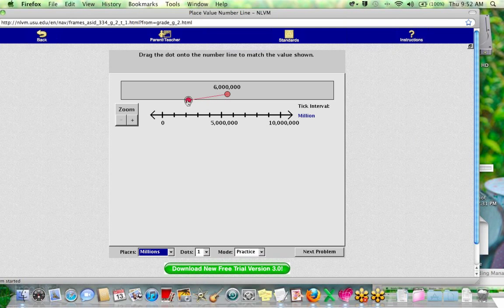Am I getting cold or hot? Looks like I'm getting warmer. This is a really super easy example. And there you can see, good job, you placed the dot correctly. All right, we're just getting our brains started, so we're starting off simple. Next problem, 3,600,000. Do I have a volunteer to turn on their microphone and tell me where to place the dot?